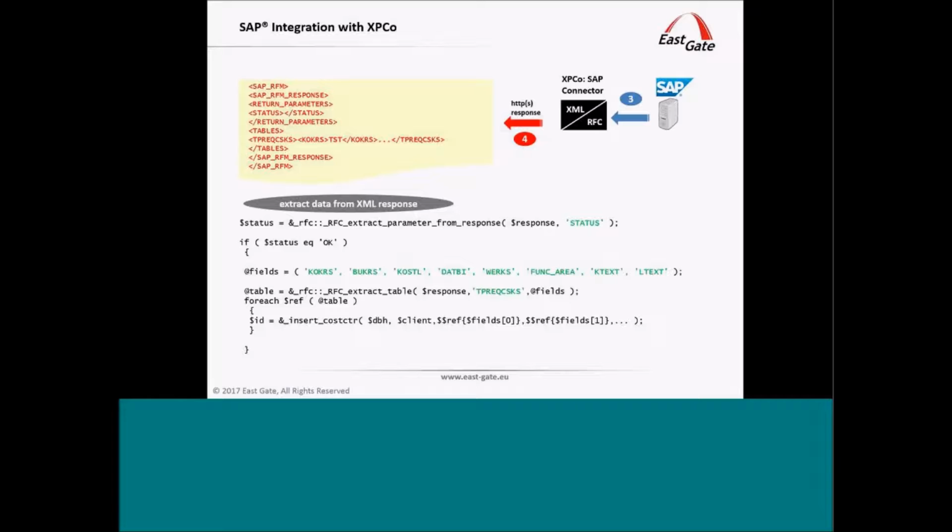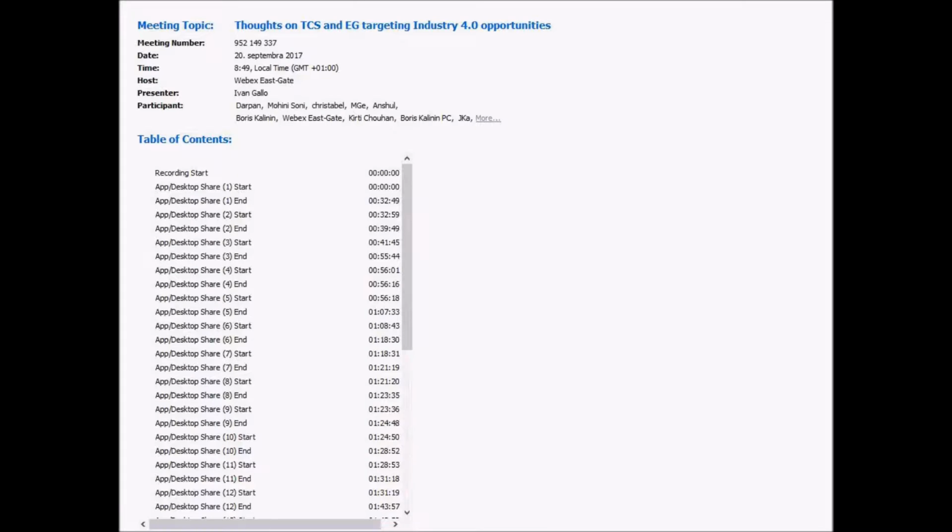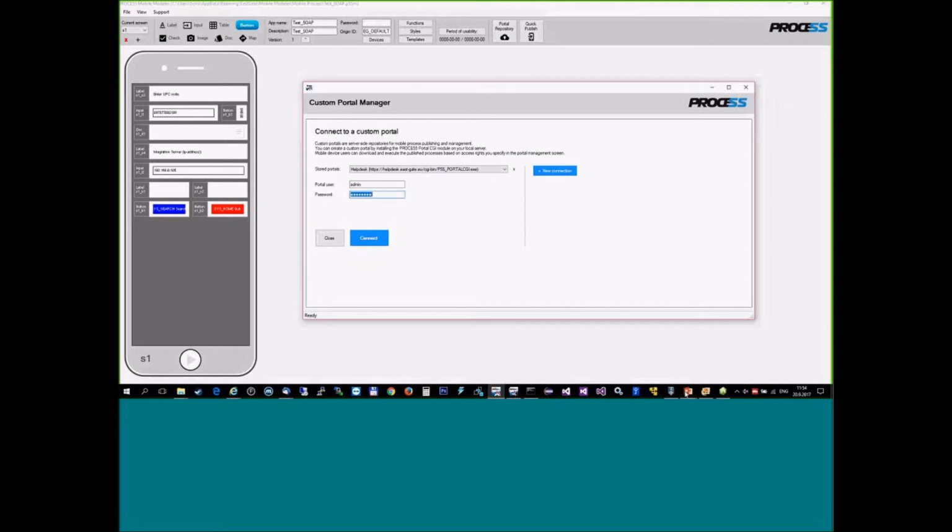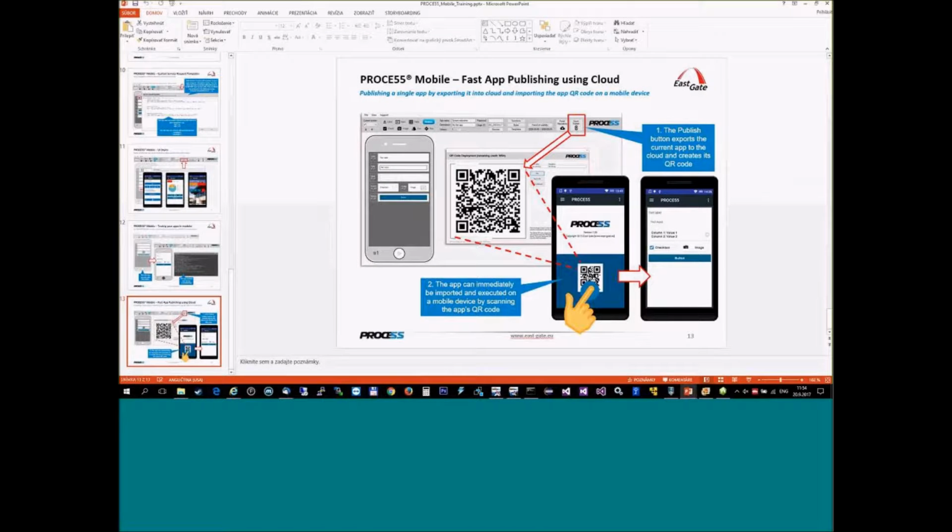So now, hopefully you already see my screen. We have already seen how easy and quick it is to deploy the mobile app using our cloud and QR code. We have done it by pressing this quick publish button here. I press it, and the current process that is open immediately exports to cloud, and I see this QR code